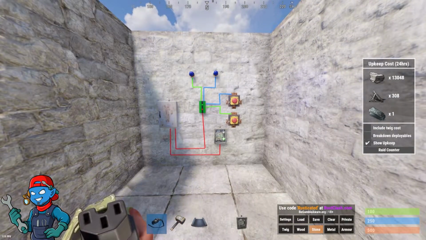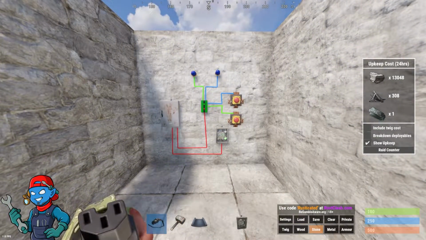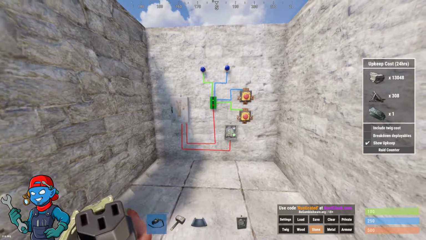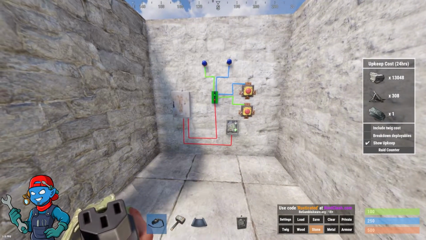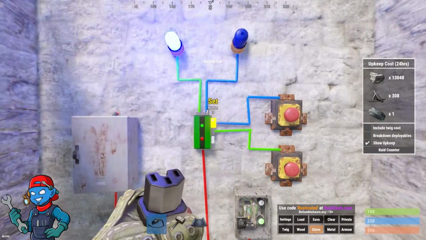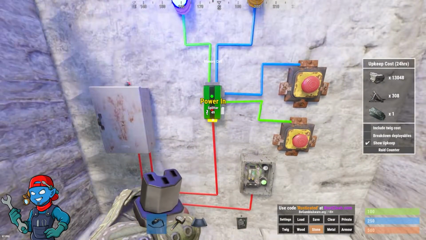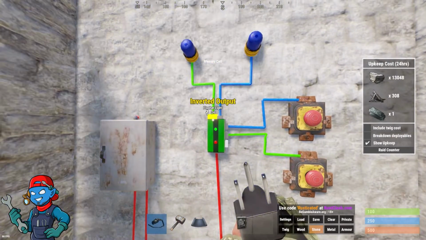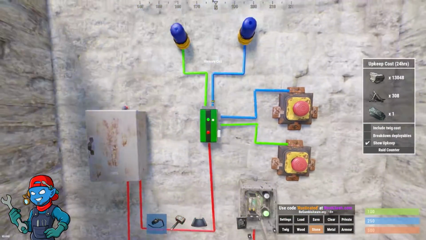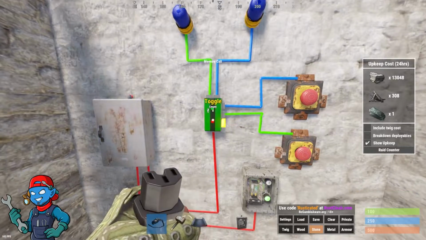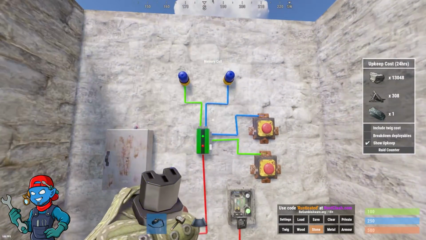Now I'm going to look at memory cells. I don't know who said this, but someone said that the memory cell is like a power diverter. And I think that is a very good analogy of what the memory cell is actually doing. Right now, I have nothing being sent to either the set or the reset. Power is being made through the power in. It's going to go to the inverted output just when this is off, when you have a green and a red. Now, if you want to flip this over,